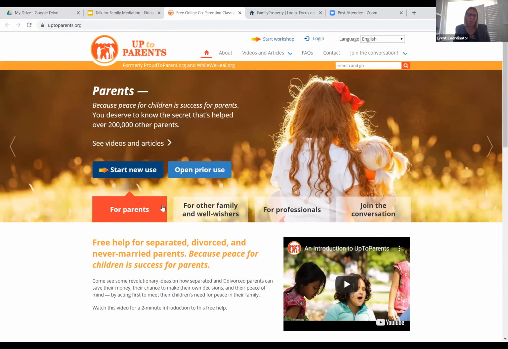But I quite like it as it focuses on the individual needs of the individual children, and there's commitments that you make and goals that you make to really focus you in, as I said earlier, on what's in the best interest, what are the children going through. And this course and similar courses, Up to Parents dot org, are being mandated by some of the judges to complete a course in post-separation to look at how to best parent as separated parents.